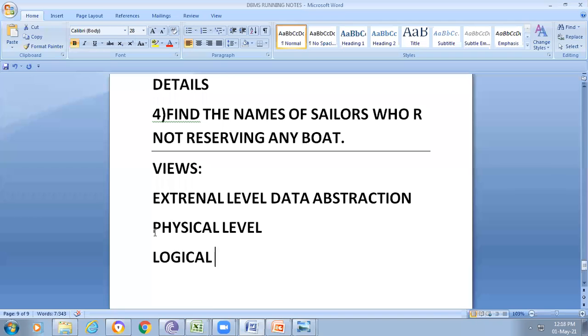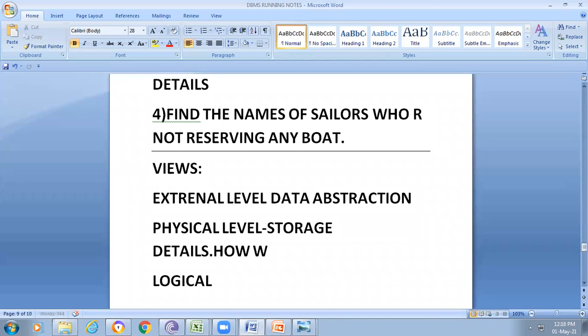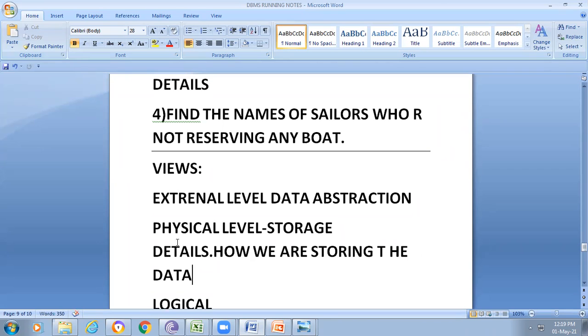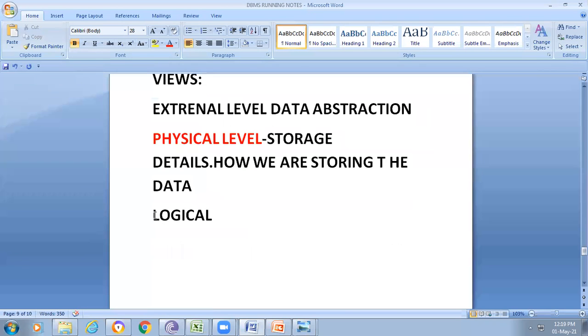What is the use of physical level abstraction? It gives the storage details. In one keyword, how can we remember that? How we are storing the data. That is nothing but the physical level.